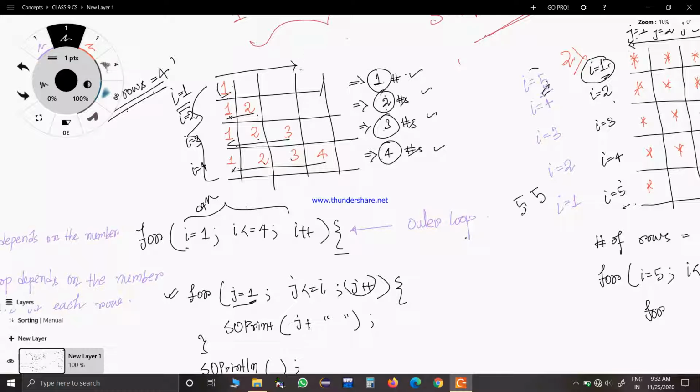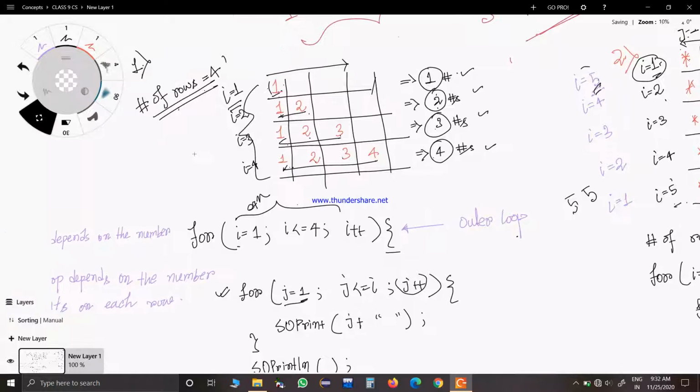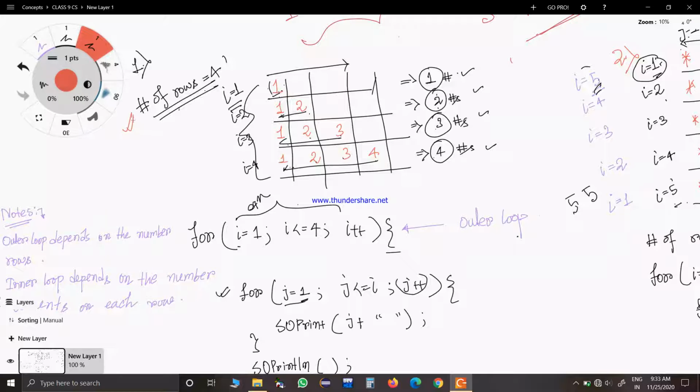Now, the first thing that you have to observe is how many rows are there. So the number of rows is 4, right? As I have written here, the number of rows is 4. And this number of rows will determine your outer loop basically. What will be your outer loop? That will depend on this number of rows. Now, since there are 4 rows, consider a variable. In my case, I am considering variable I for rows. So this I will be used only for this row.